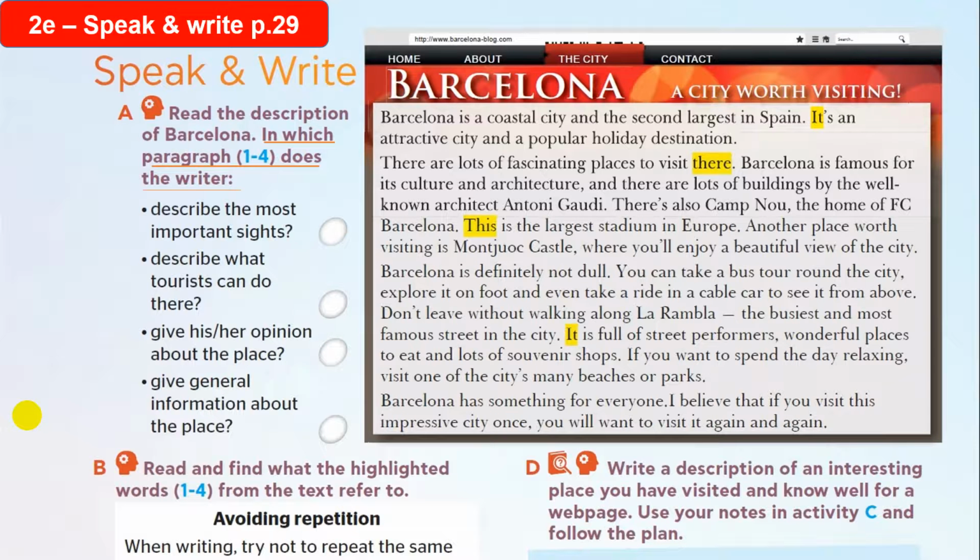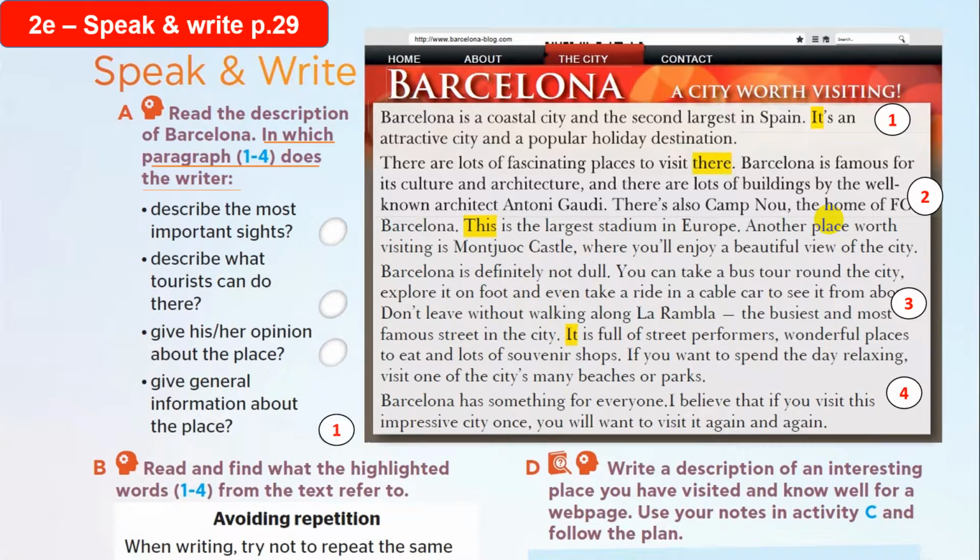Okay? So I have here on this side a description of each paragraph. Here I have the passage. I want you to read and choose the suitable one for each paragraph. Okay? Now, I numbered the paragraphs here just to make it easy for you. I'll give you time to read this one and answer.